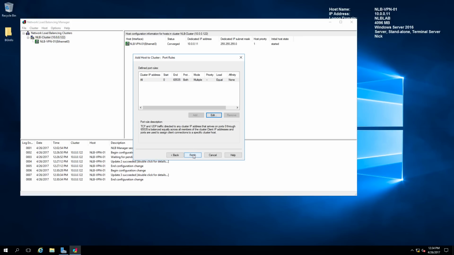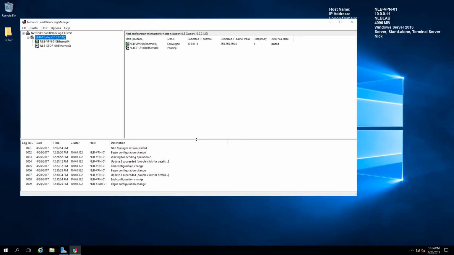So the only thing I need to do is click finish, and it's going to start converging my second node in my cluster. So you can see that the status is pending at the moment, and on the bottom it's pending operation 2. So after a few moments, it's going to add the second node, and we can continue with our fully built NLB cluster. So again, after thinking about it a bit, in the end it finished. So I now have my two network load balanced servers